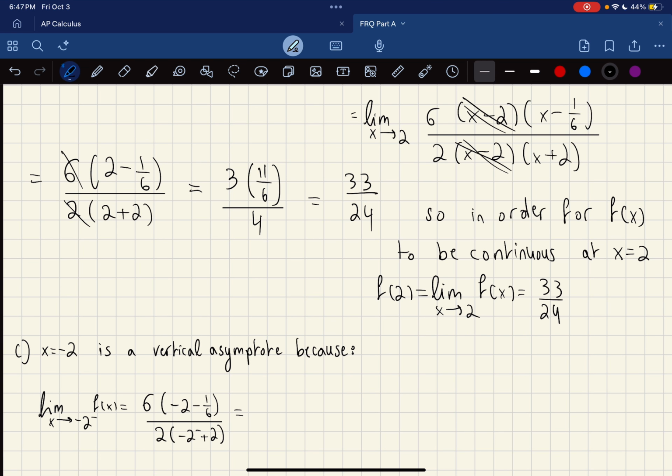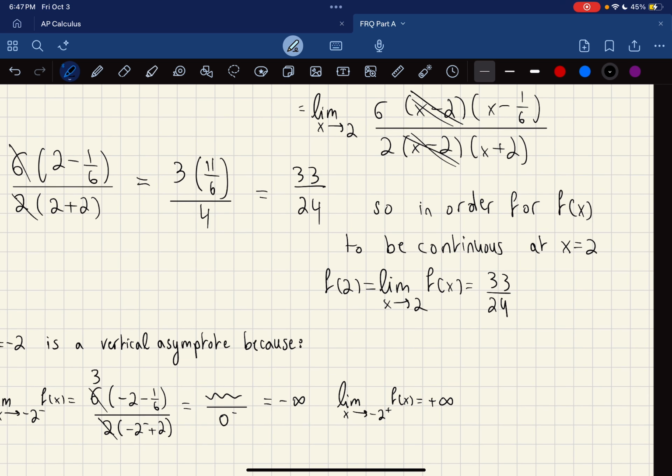Now negative 2 plus 2 is going to be 0 from the negative side. Whatever you get on top, it doesn't matter, because what happens below is basically 0 from the negative side, which is going to result in negative infinity. And similarly, the limit as x tends to negative 2 from the right of f of x is going to result in positive infinity. Therefore,